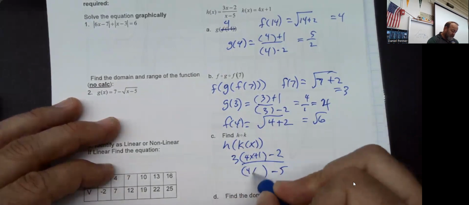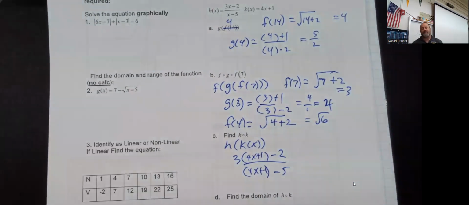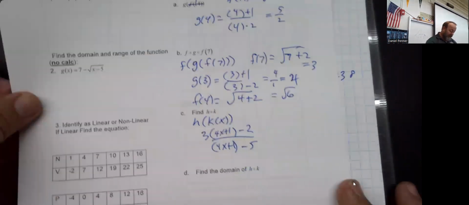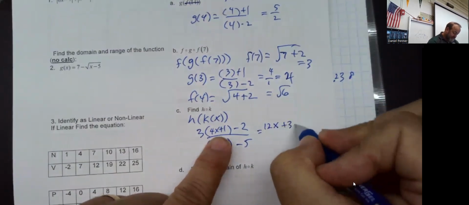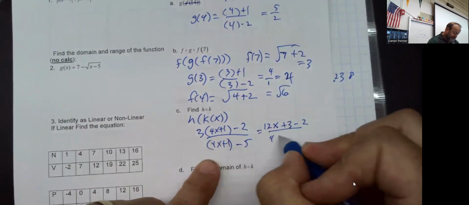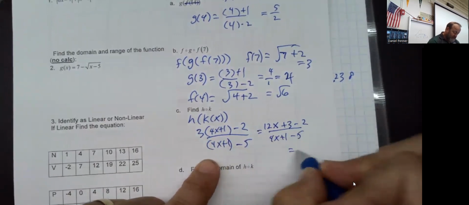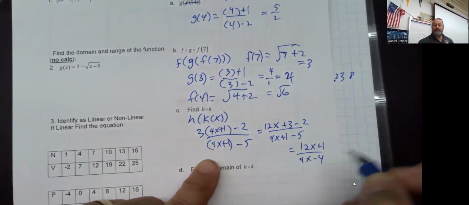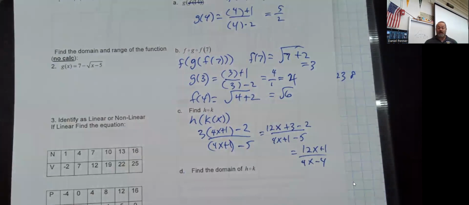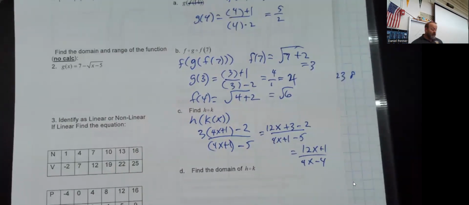Now, technically we are correct, but we don't really like to leave things in the technicality. You wouldn't really like it if somebody served you a meal and they said, technically I gave you your food, but I just didn't bother to cook the chicken, right? We want to actually finish it up and make it look right. So if we distribute here and here, it looks like I had 12x plus 1 over 4x minus 4. So that would be the value of h of k of x, which is a nice equation,